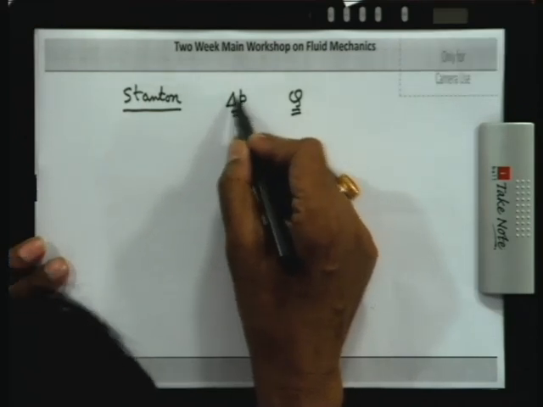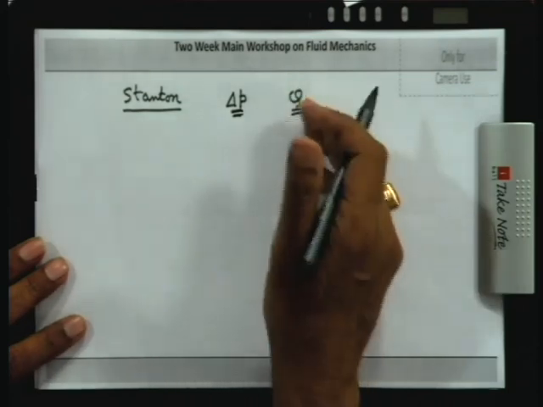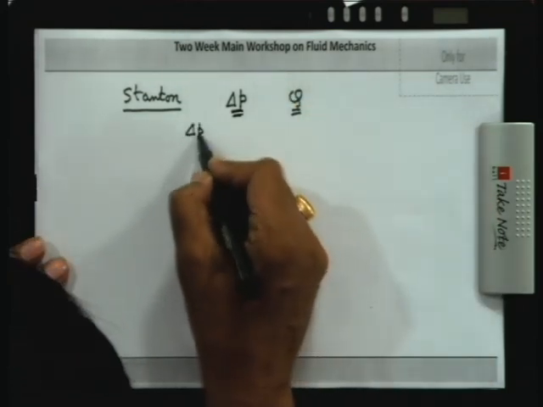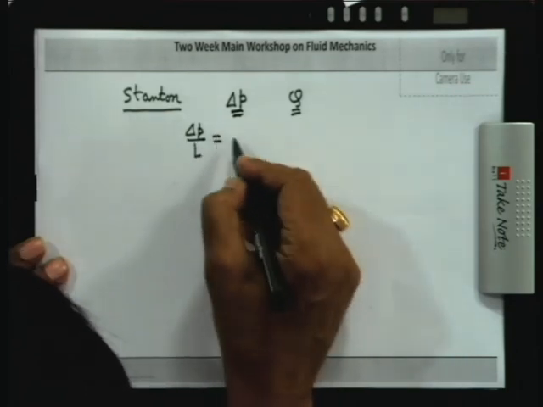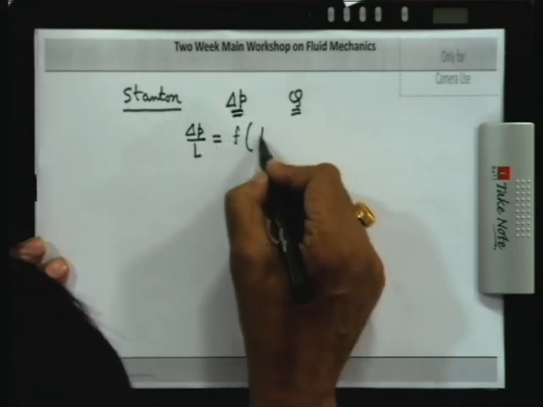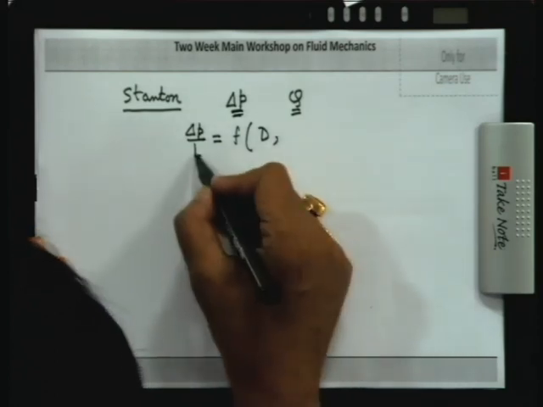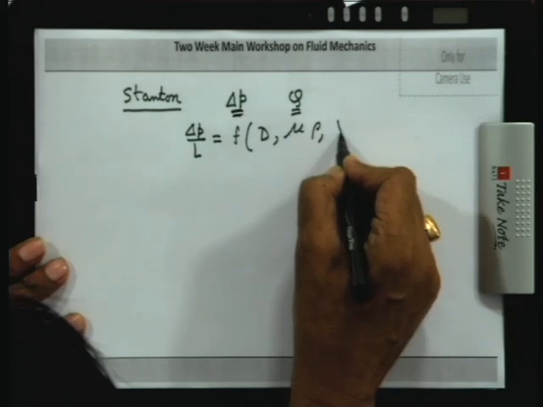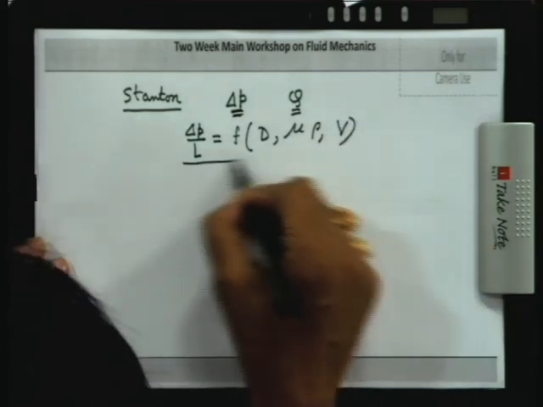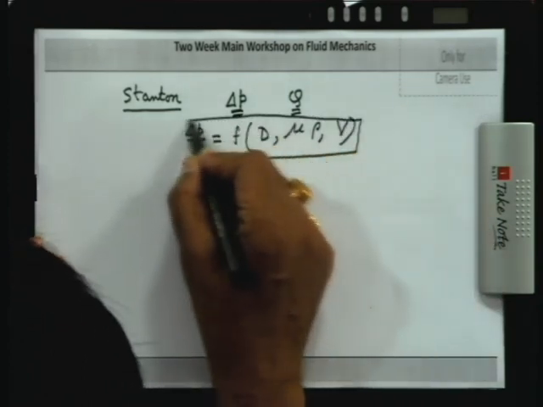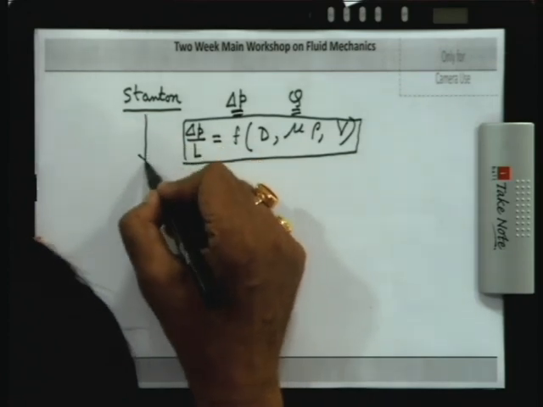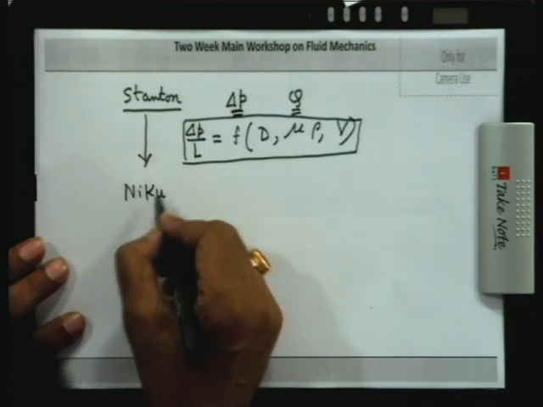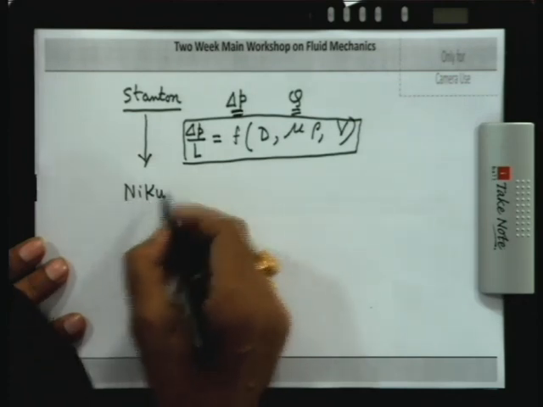He wanted to make a documentation of results to show the variation of pressure drop with Q for different fluids and different diameters, which I told you in the earlier class, as a function of diameter D, the length, the viscosity, the rho, and the average velocity or the Q. To explore this relationship, a number of experiments were started, which was followed by another German scientist, a very reputed scientist, Nikuradse,